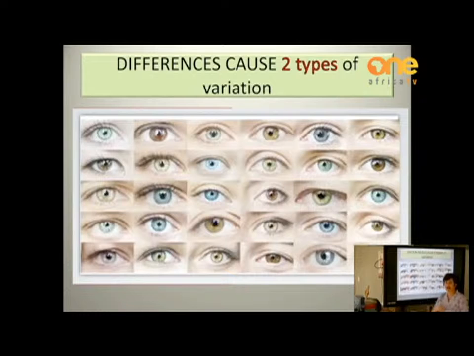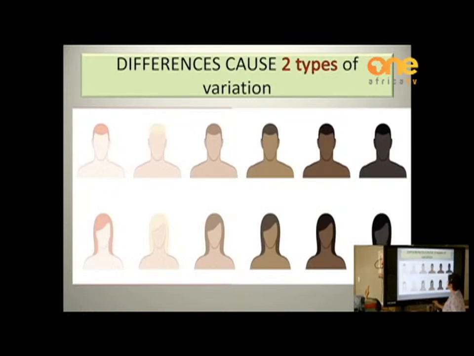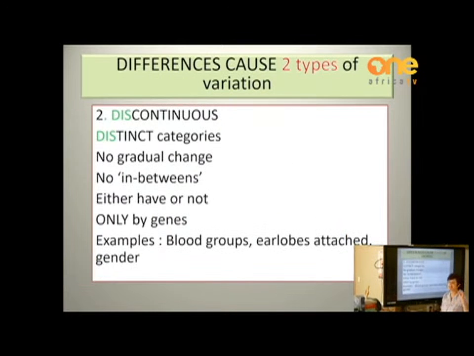We also can have the same with eye color. We have a lot of different variations in eye color, and it's a smooth gradation. There I have skin color, fair to dark, for male and female. It is a smooth gradation. You are not this color or this color or this color of skin. You can be anywhere in between. We have a lot of in-between. But then the next type is